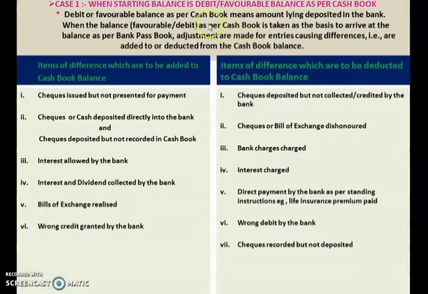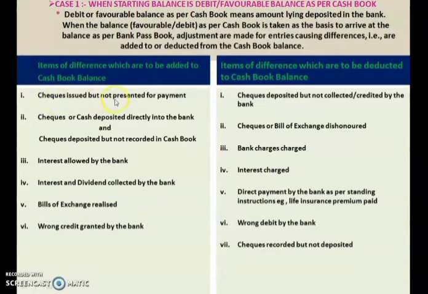Your passbook and your cash book should be equal. Because of that difference, we are preparing bank reconciliation statement. So you have to make some adjustments so that the differences can be adjusted and your cash book and passbook get equal. Okay, so there are some items which you have to add in cash book, and there are some items which you have to subtract in your cash book. Because of these, the differences have arisen. Okay, now let us see which are the items which you have to add in your cash book balance.